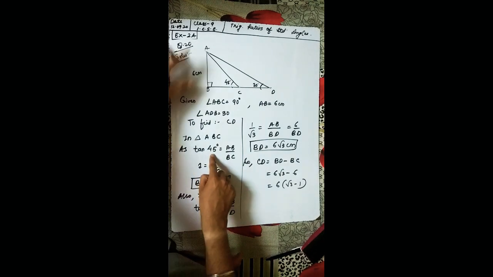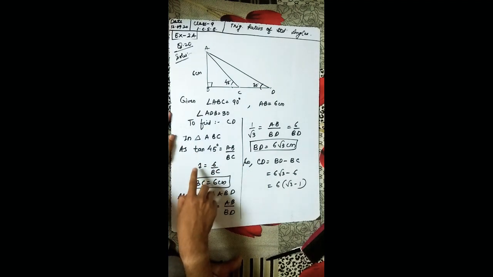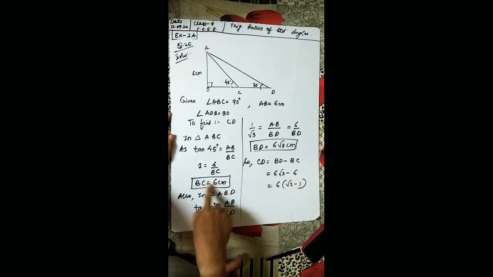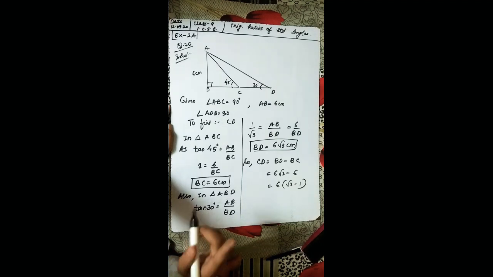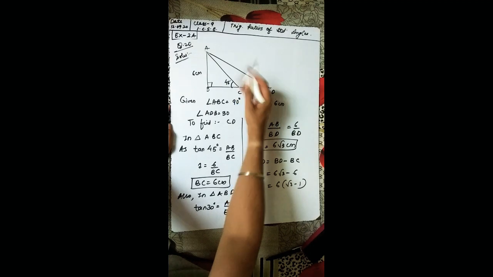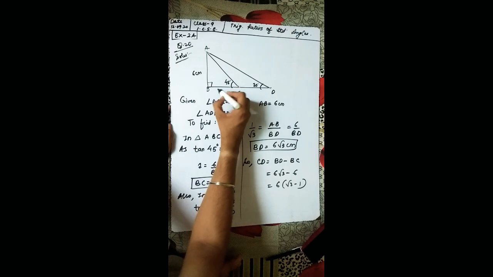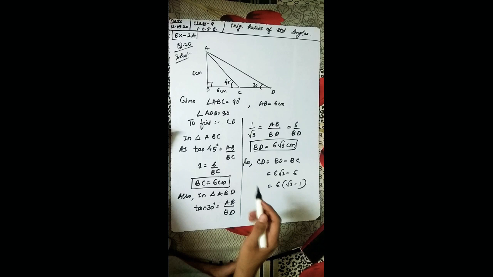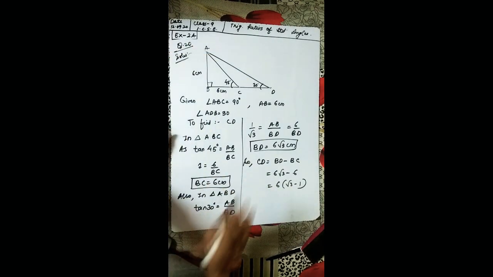So tan 45 is equal to perpendicular, which is AB, and base, which is BC. Okay, tan 45 we know is 1. So AB is 6 upon BC. Take BC that side, so BC is also equal to 6. From this you have to remember one thing. If you have angle 45, then whatever your perpendicular is will be the same as the base. That means if you have 45 degrees, then your perpendicular and your base are always the same.